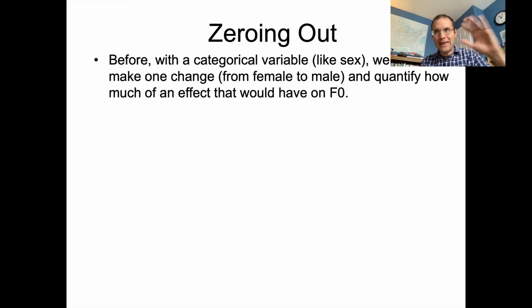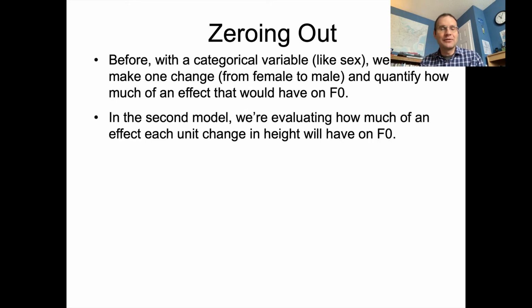And that sort of categorical distinction will not always necessarily be based on sex or gender or something like that. You can get categorical variables like that. And when you make a switch, you get that sort of absolute difference between the two. But what we're talking about here with height is a different sort of animal. So it's gradient, right? It can just vary quantitatively along a variable stretching from negative infinity to infinity on either side. So in the second model, we're evaluating how much of an effect each unit change in height